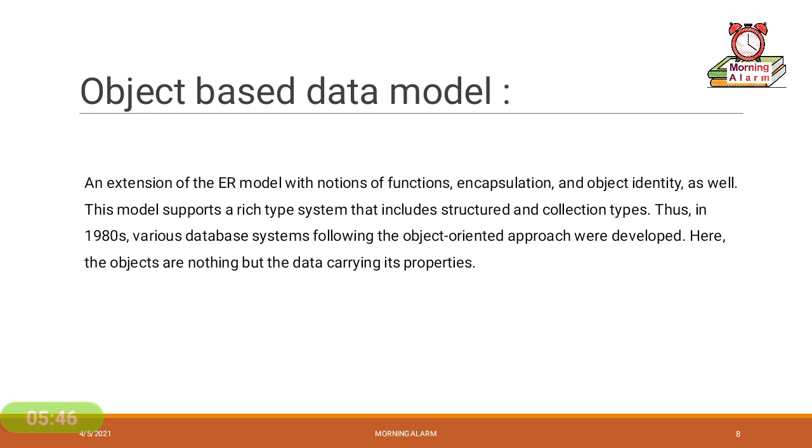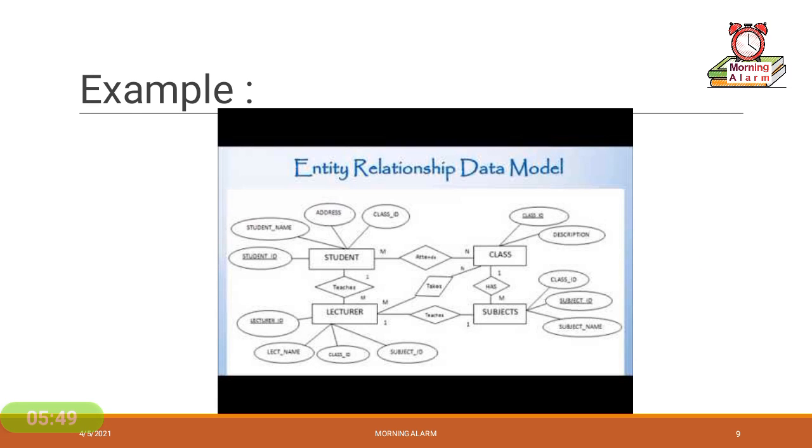It can be explained by using an example. In object-based data model, there are different types of attributes which are going to define different types of entities. Number of entities are connected by using a number of relations. Here, if we consider this example, 4 entities are there and each entity is having relations with the others. This type of complex structured data model is said to be an object-based data model. All entities are objects, which are real life objects. Also, those are having different attributes